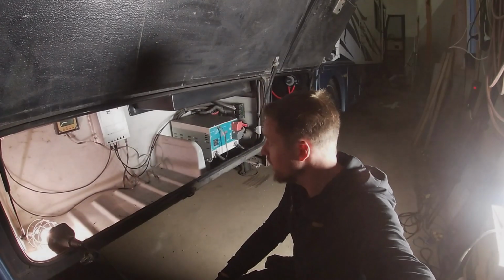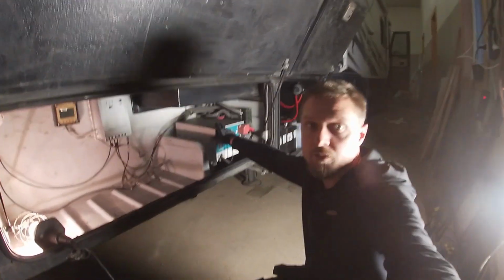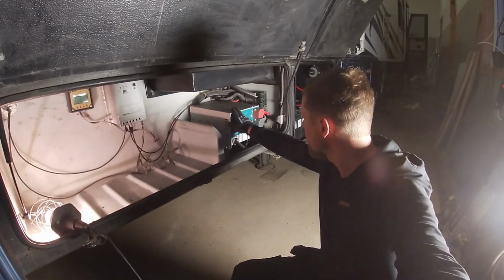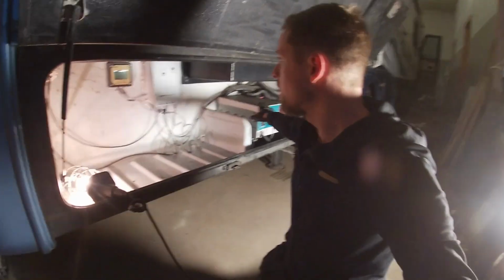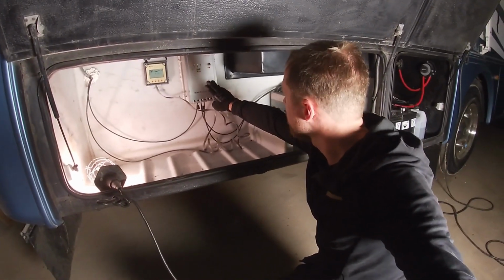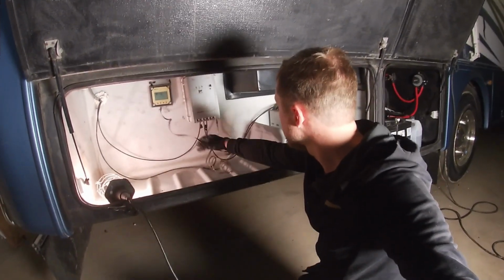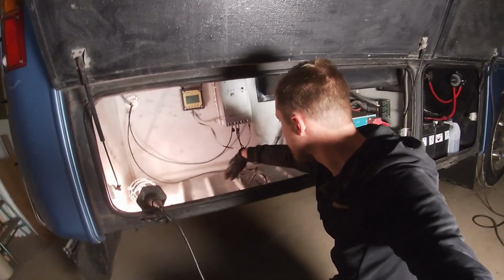So this is all the electrical stuff on the vehicle. This is the inverter charger that I'm going to replace. I'm going to remove that today. This is the solar charge controller. I'm also going to remove that and disconnect